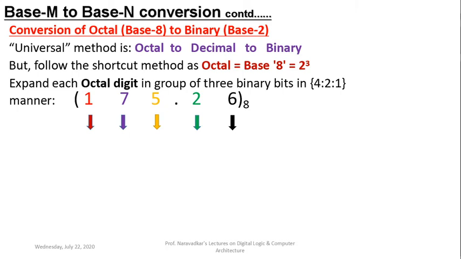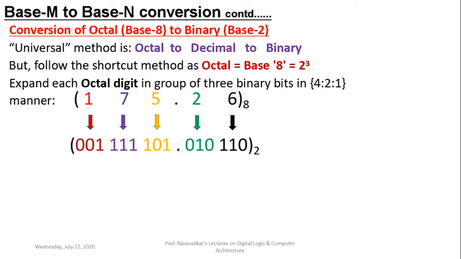So these values simply we need to write. You can observe it. 1 is 0 0 1, because the 4 2 1 expansion should be in 4 2 1 manner. 7 means all 3 are required, 4 plus 2 plus 1, so 1 1 1. 5 means we require 4 plus 1. It means that 2 is not required, so 0, and 1 is required. So 1 0 1. 2 means 4 is not required, only 2 is required here, so 0 1 0, and 1 is also not required. So 0. And 6 is 4 plus 2, so it is 1 1, and 1 is not required. So 1 1 0.